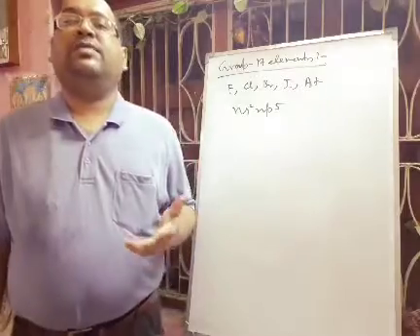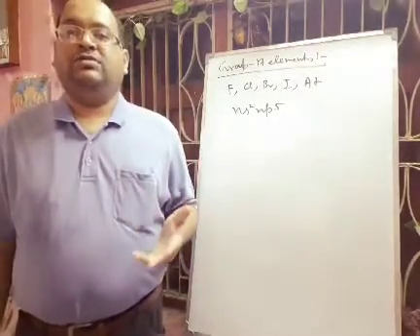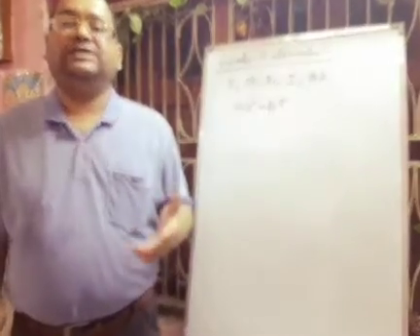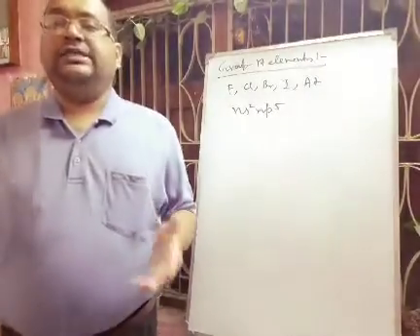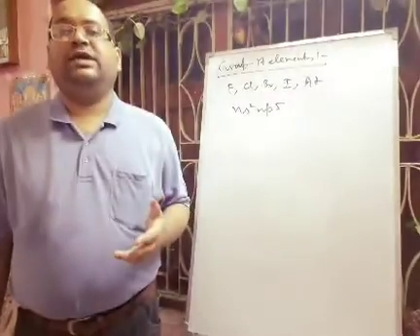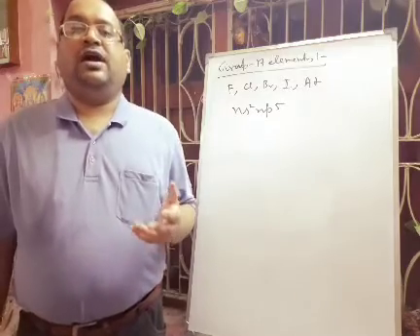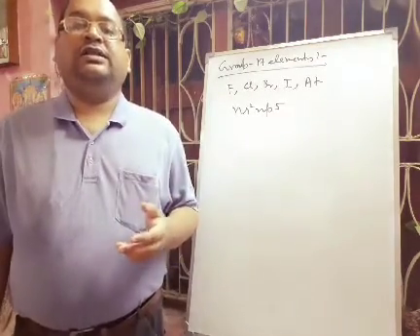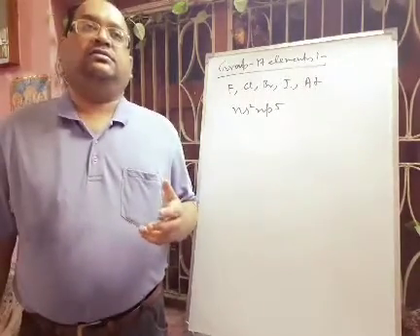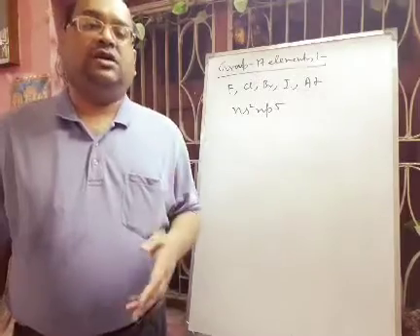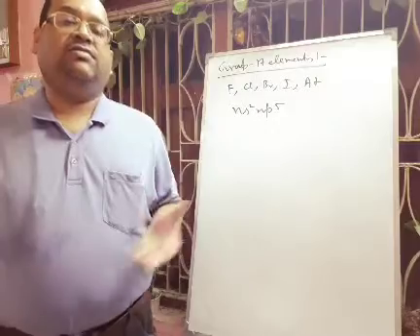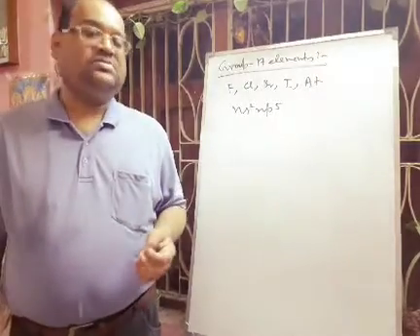The melting point and boiling point of halogens increase with increase in their molecular size, because the weak van der Waals force which exists between these molecules increases with the increase in size. We can easily understand it from their physical states. We know that fluorine and chlorine are gases, bromine is liquid, and the next one, iodine, is solid. Now why is iodine solid? Because its size is larger, so the van der Waals force will be larger, that is why it is solid.